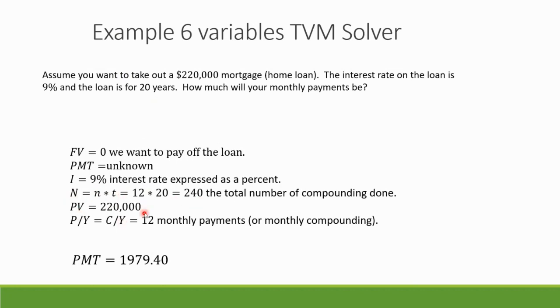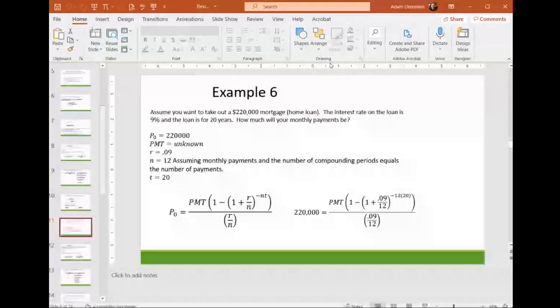PV, right? That's the loan balance at the beginning. That's our loan balance initially, okay? So it's $220,000. And both of these are equal to how often the account is compounded. That's actually what C/Y is. P/Y is how often payments are made, or how many payments are made, excuse me, in a year. Both of them are 12. So if we do this in the TVM solver,